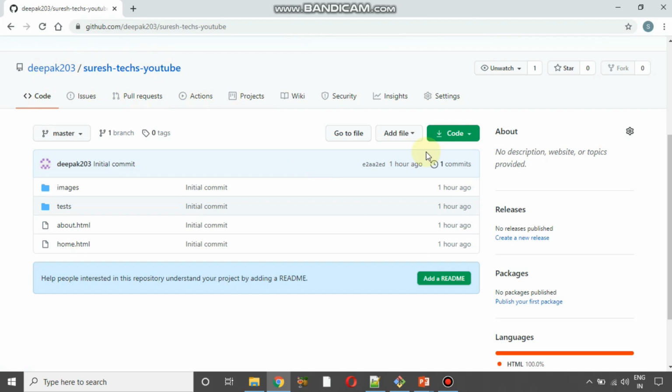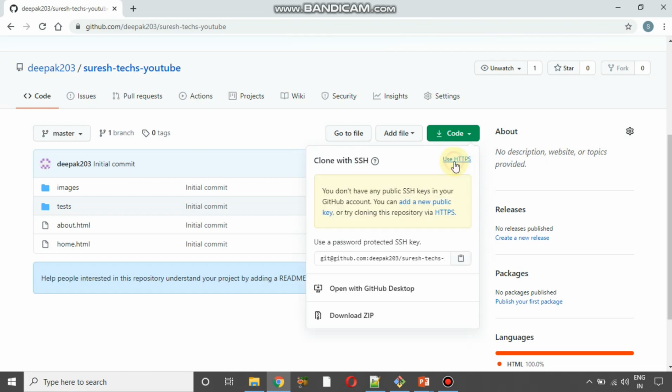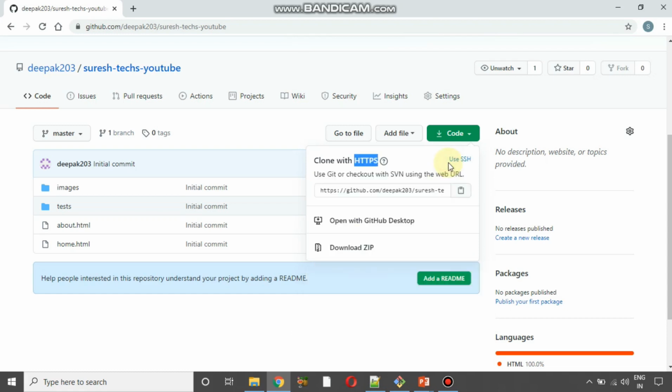So now if I wanted to clone this project into my local system, you can see here there is a button called Code. I'll have to press on this. When I press on this, you can see an option called clone with HTTPS. There are basically two types of protocols here: one is HTTPS and another is SSH. You can use either HTTPS or SSH. Few companies use HTTPS and few companies use SSH. If you wanted to use SSH, you will need to generate a public key and proceed from there onwards. But in this tutorial, I am going to use HTTPS because most of the companies use HTTPS, so I am going to teach HTTPS here.